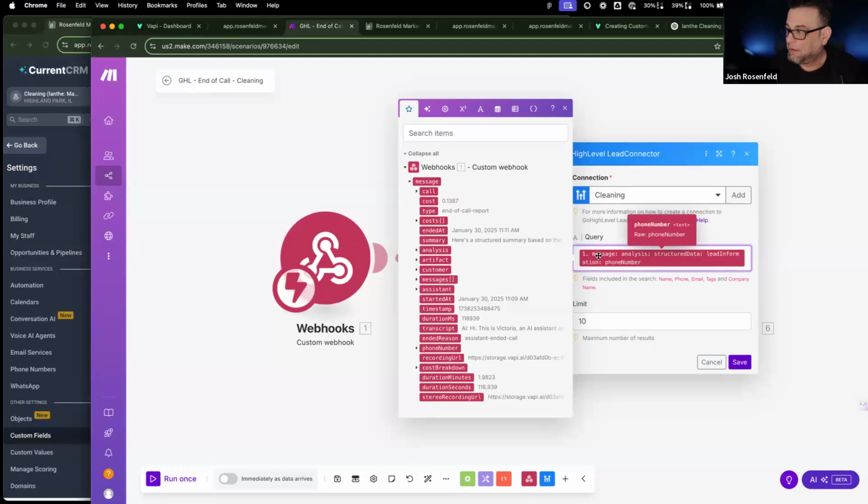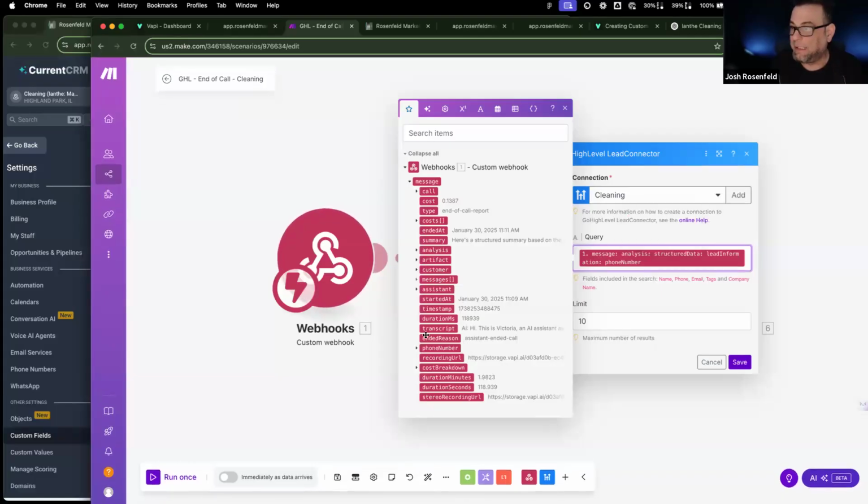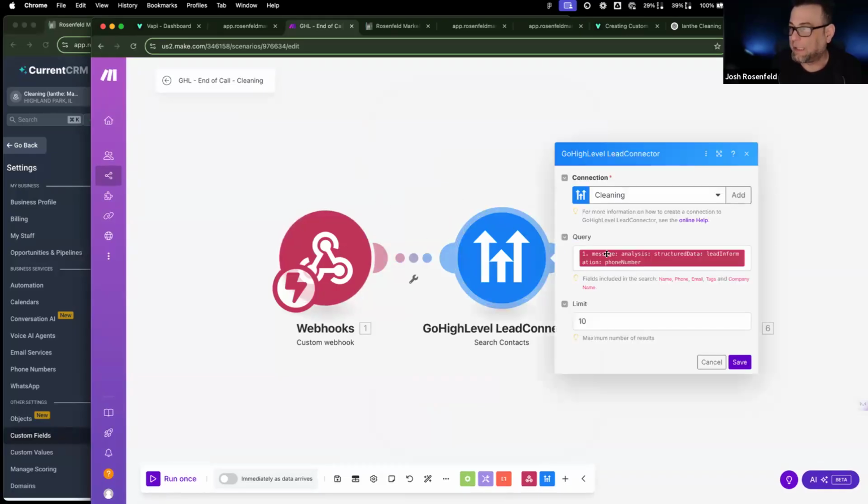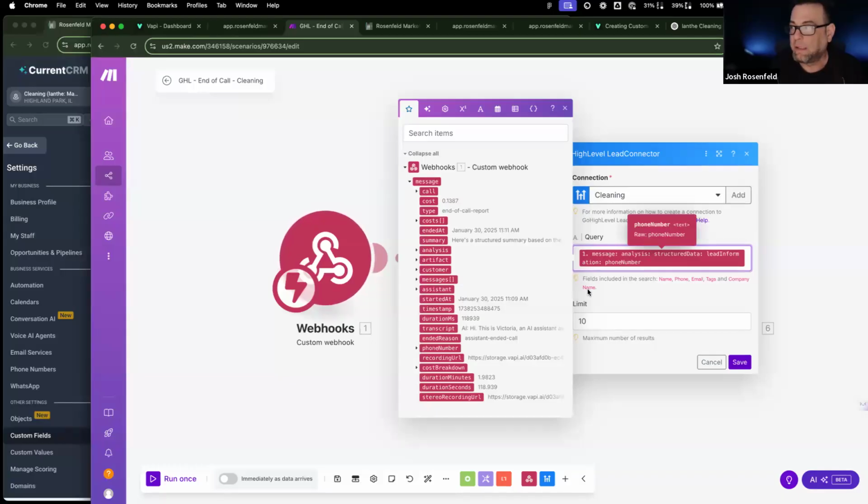Make decided which of the few phone numbers it could have picked from, frankly, from the JSON bundle, and it looks the most accurate. Meaning I could have picked the caller ID down here. Caller ID comes through. So anyways, I think that's amazing. So it picked what it wants to use as the query key to make sure that the contact exists or